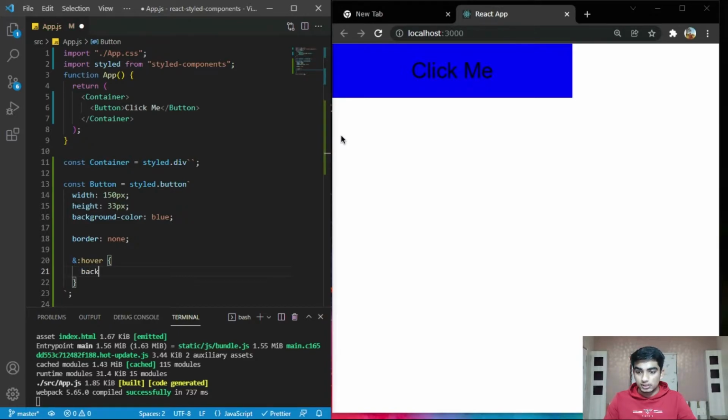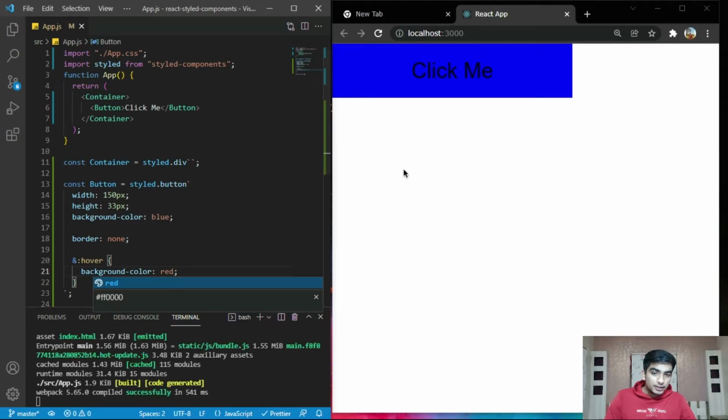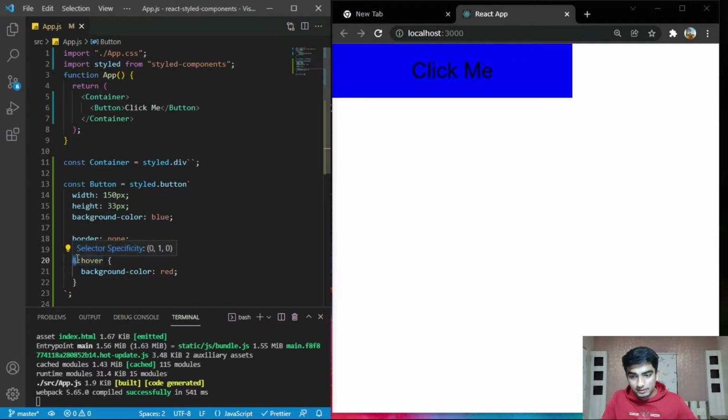Here's a background color red. So whenever you hover, it changes the color. So this ampersand means the button itself. Understand? This ampersand means the button itself. Similarly, you provide active, before, after, whichever pseudo elements you want.